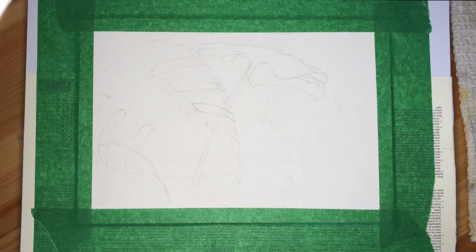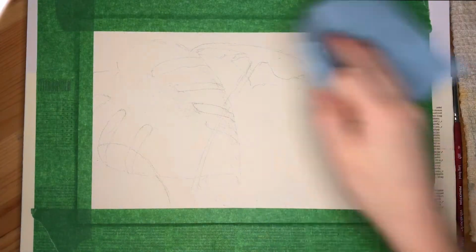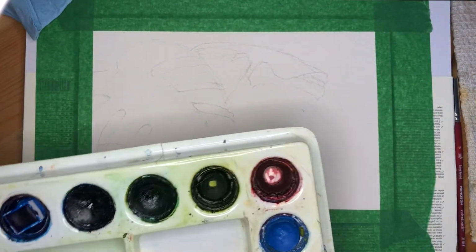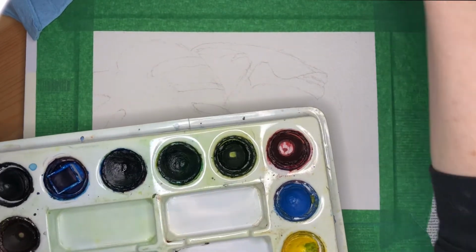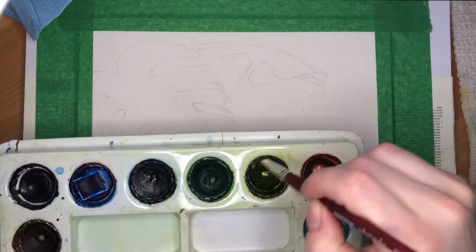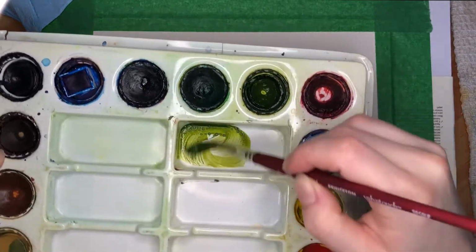Now that I have everything done, I want to do my first wash. So I am going to first come up with my first color. And Monstera is like a nice bluish green, kind of a dark green. So I'm going to take my sap green and put it in a new